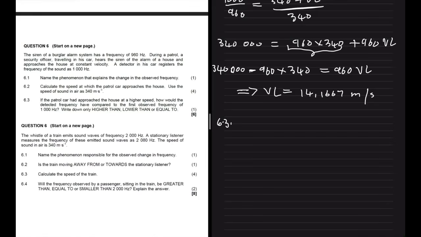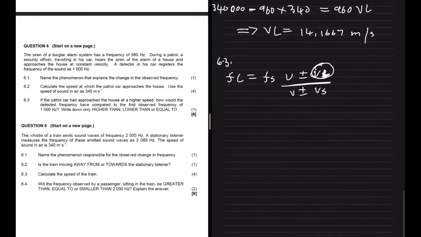FL equals FS multiplied by V plus or minus VL, divided by V plus or minus VS. The car is now approaching at a higher speed, so we're increasing VL in the numerator and keeping the denominator the same. If you increase the numerator and keep the denominator the same, then the overall number will be higher. So in this instance, the frequency will be higher than